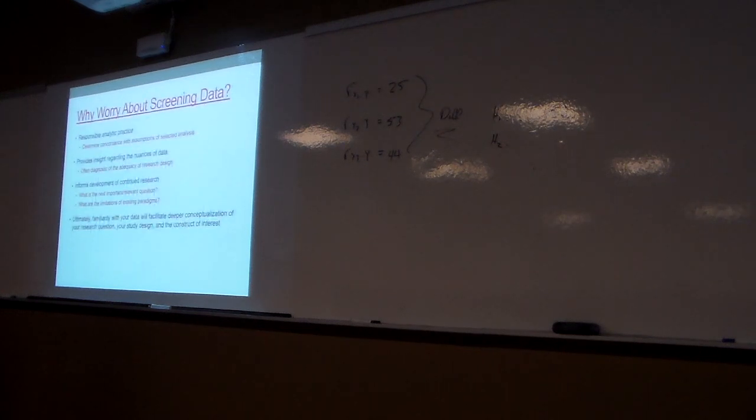It's fun. All right. So a lot of this is going to be review of some stuff that we did last semester. But thinking about why we go through and screen data, why this is important. One, all the analyses that we run are predicated on certain assumptions. If this happens, then the results that you're going to get from this analysis will be reasonable. But as soon as we start violating these assumptions, I don't know, we've changed the rules of the game, right?